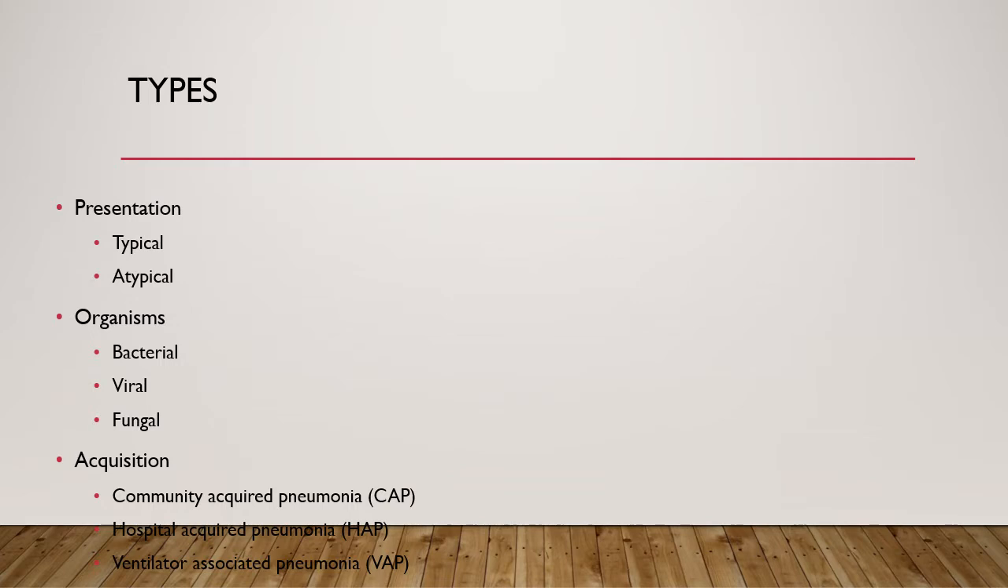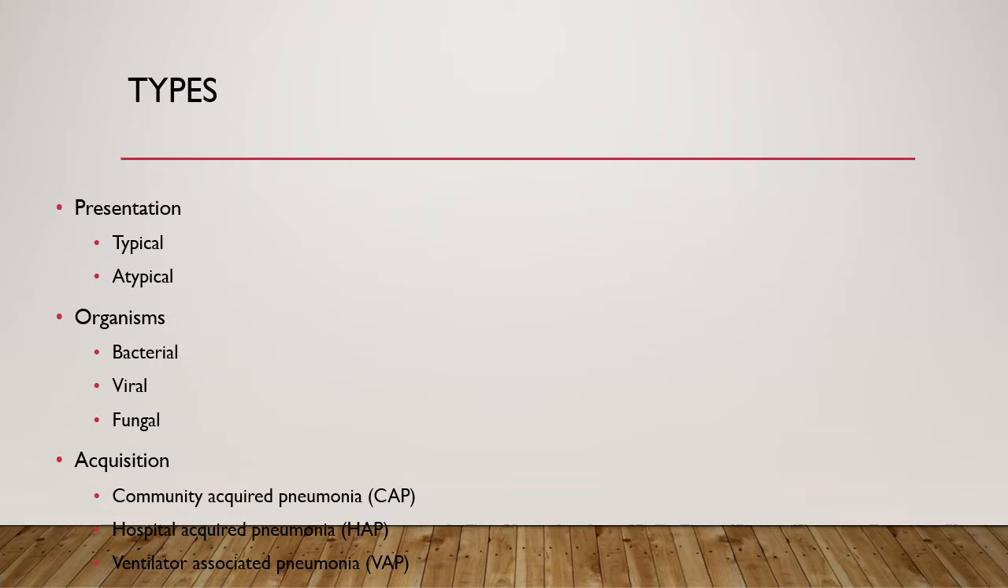The types of pneumonia: there are three means of classifying pneumonia. Depending on how it presents, it's classified into typical and atypical. Depending on what kind of organisms are involved, it's classified into bacterial, viral, and fungal. And depending on how the patient acquires it from the community, it's classified into community acquired, hospital acquired, and